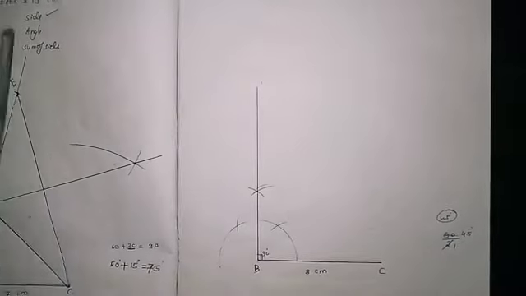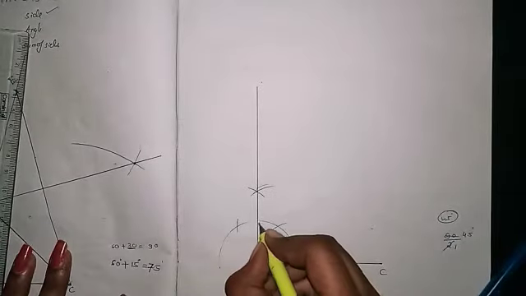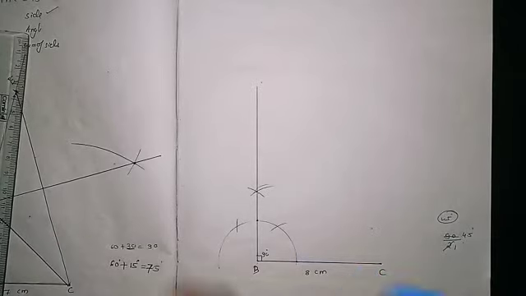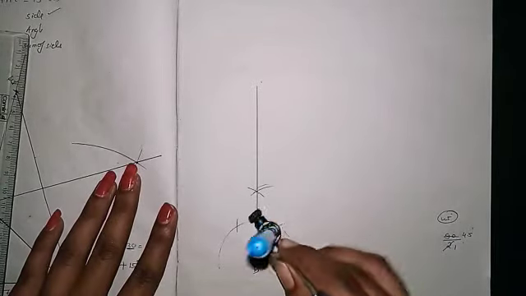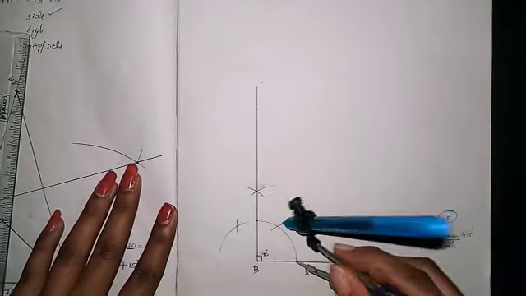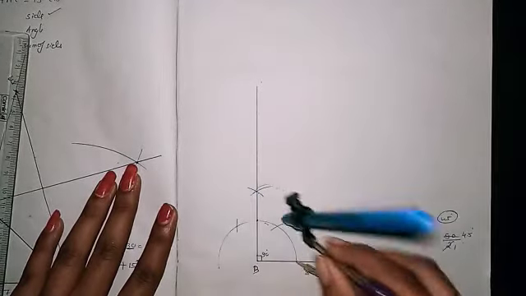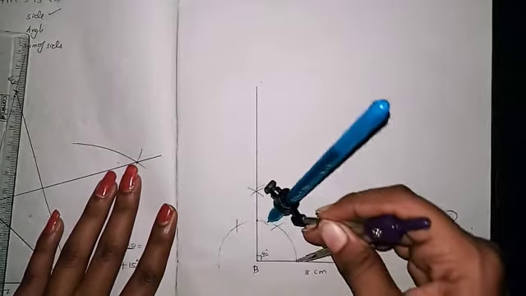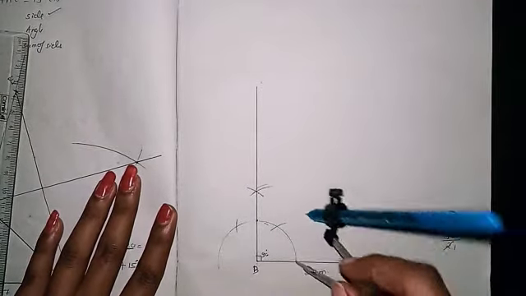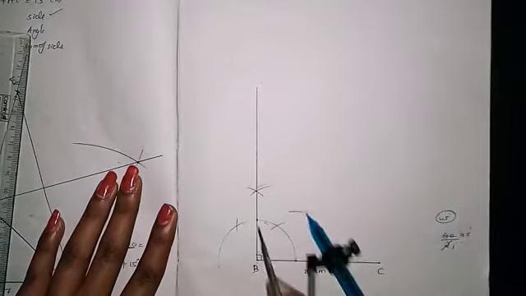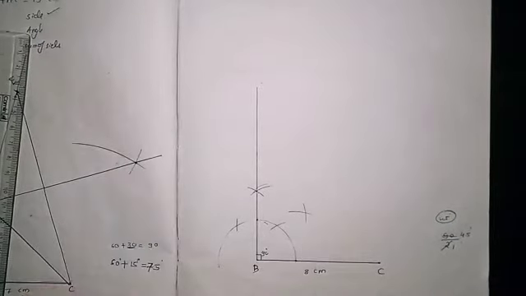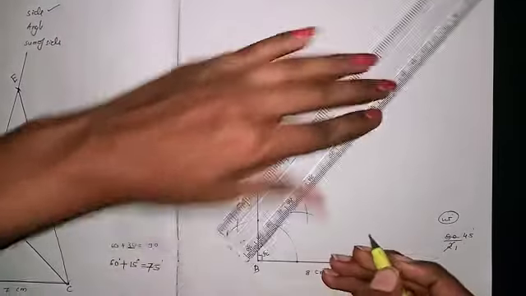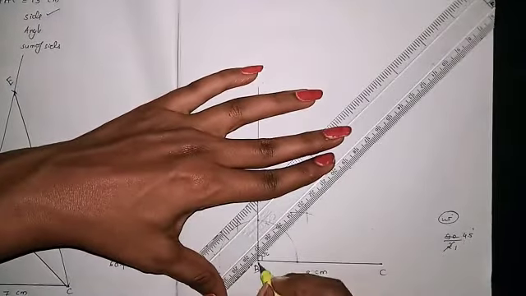So you want 45-degree. So what is the 90-degree? This point, and this is the initial. So from this, more than half you take, and make one curve. So more than half I took like this. Okay, so make one curve here and make one curve here. So there is a point of intersection. So just B and this point you have to join.